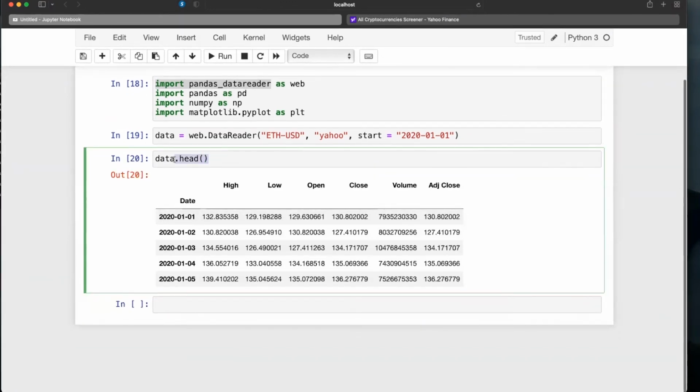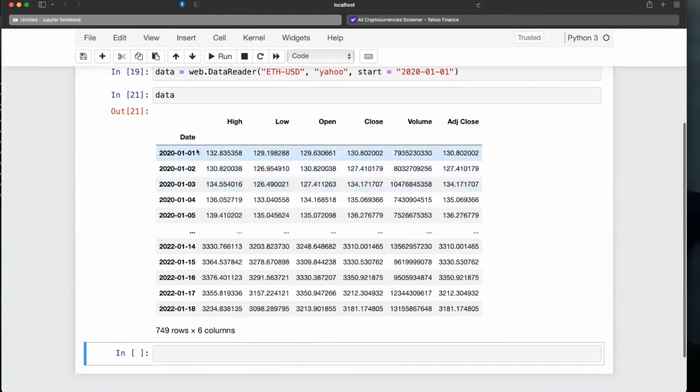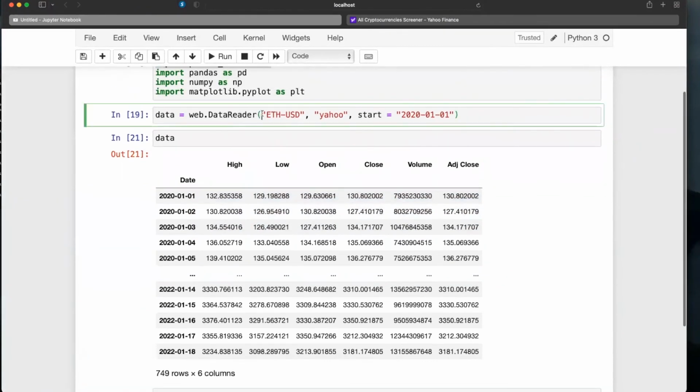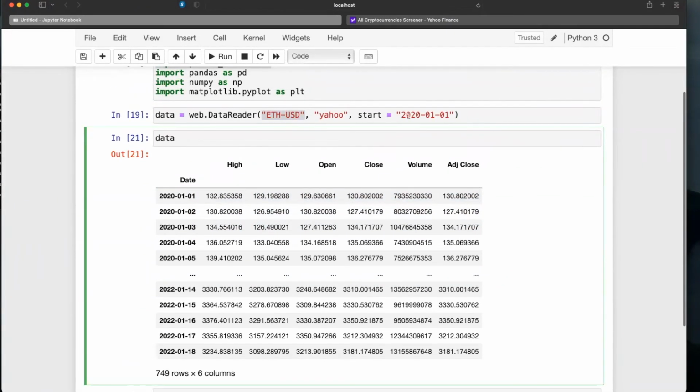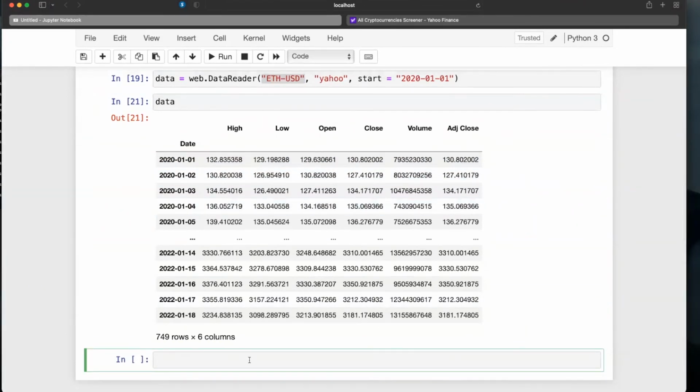Well, actually, I'll just show you the full thing. This is the list of all high, low, open, close, volume, adjusted close prices or values for this Ethereum cryptocurrency from 2020 to today. And then if I just want to look at the thing, I can do